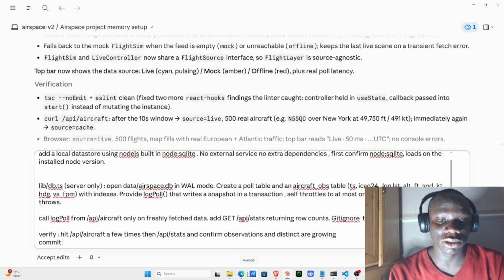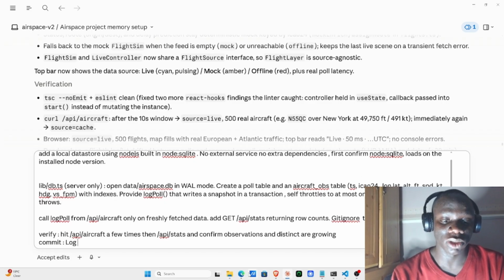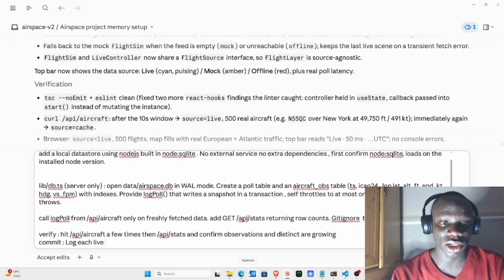Then the commit message log each live poll to local